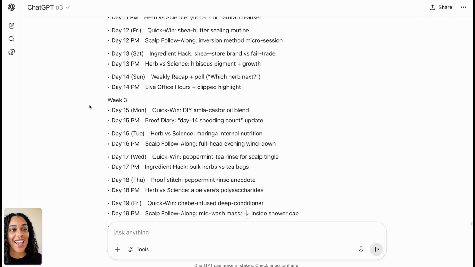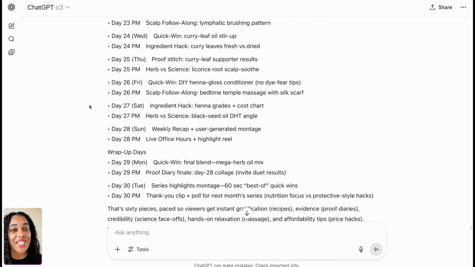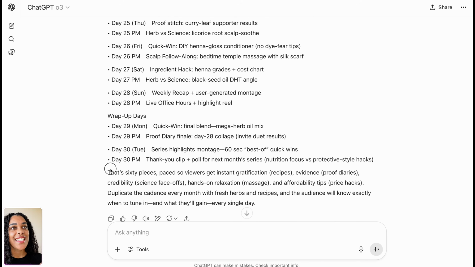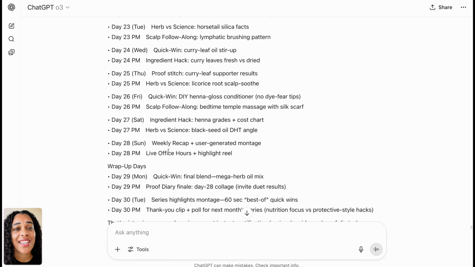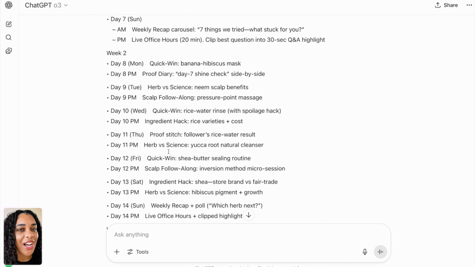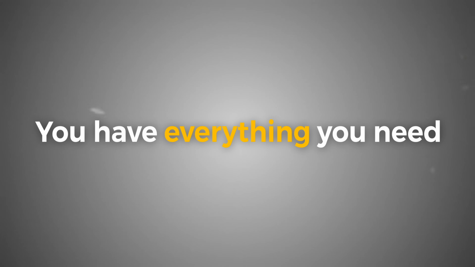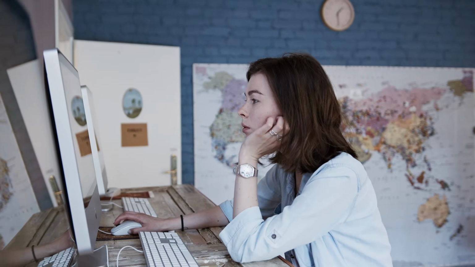This is how you create your entire business using ChatGPT, and it takes, I want to say, like 60% of the thinking and the work out of it. Your job is just to show up and to keep trying things, keep repeating it until you have success. You honestly have everything you need now to create your profitable business. The only thing that's really standing in the way at this point is you. Either you're going to get started or you're not going to get started. Hey, I don't know, but you have the tips.